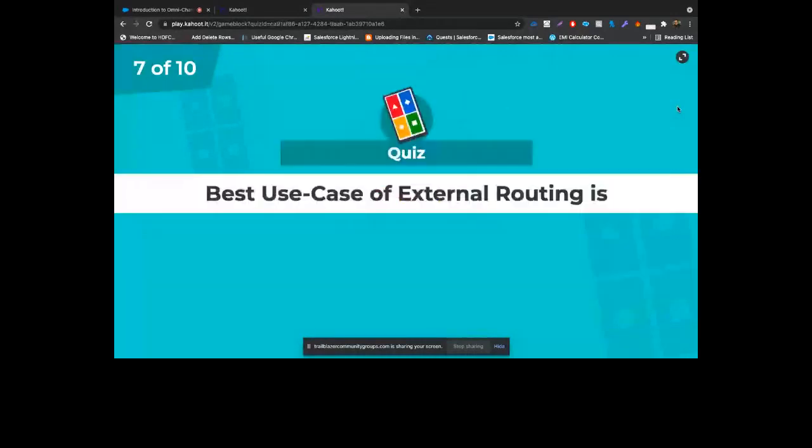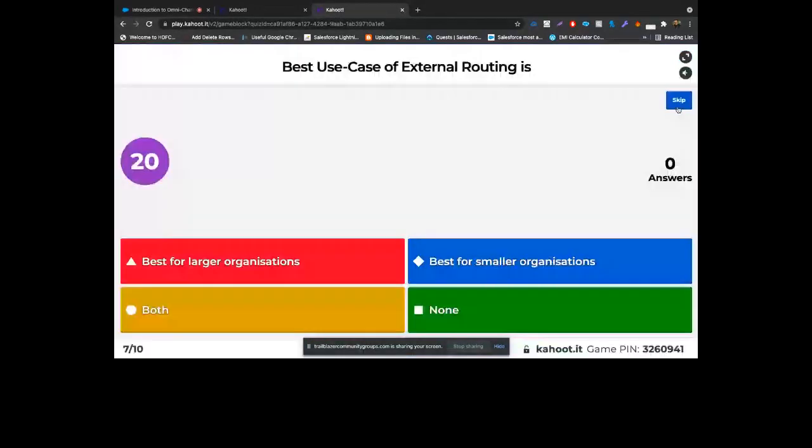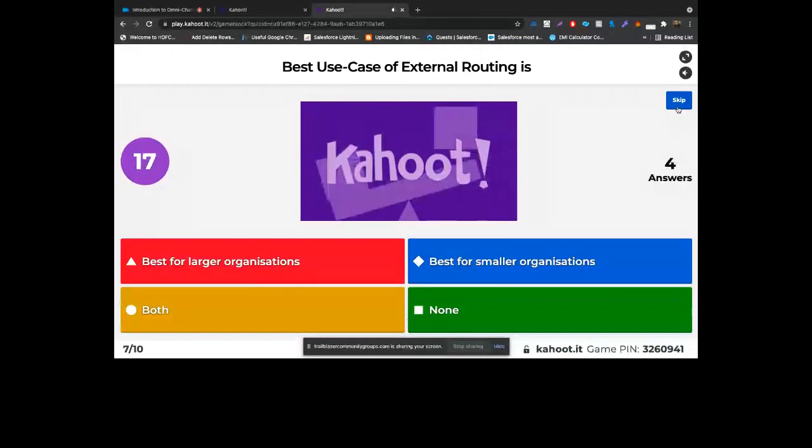Seventh question. Best use case of external routing is best for larger organizations, best for smaller, both or none.